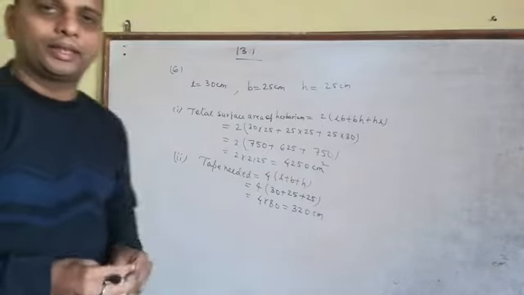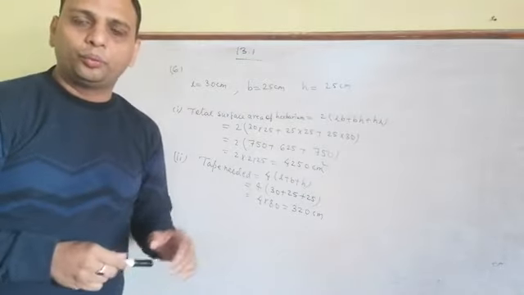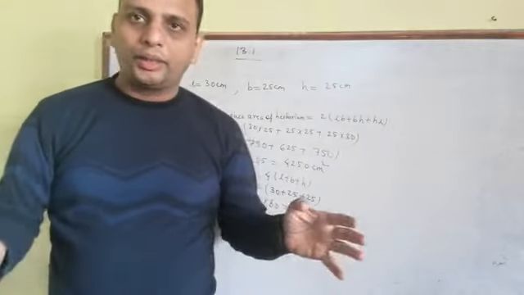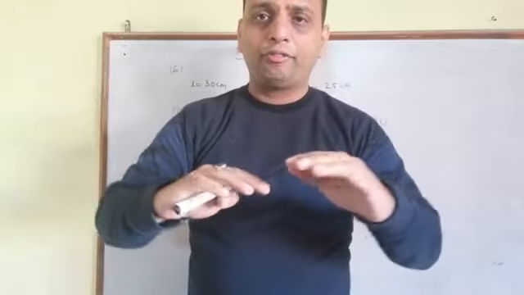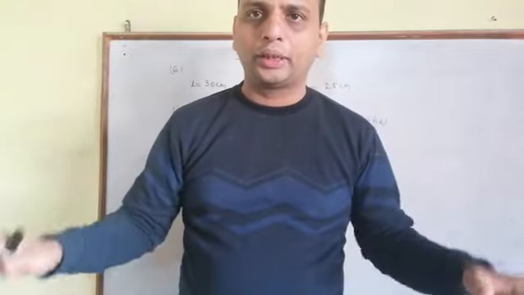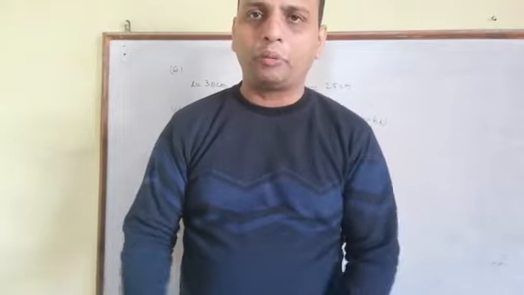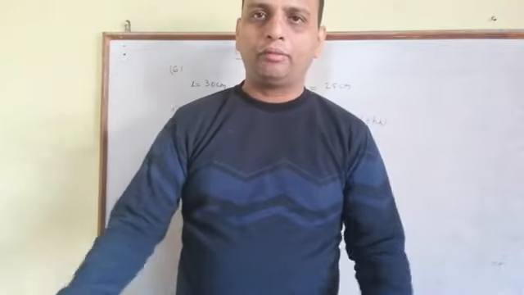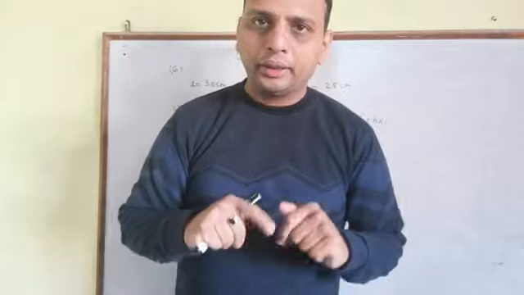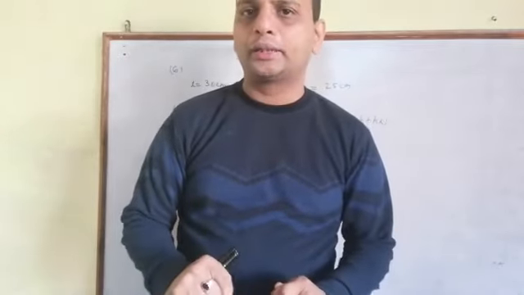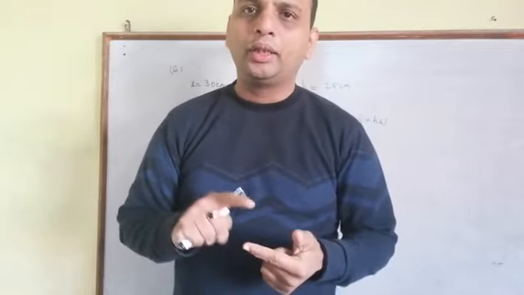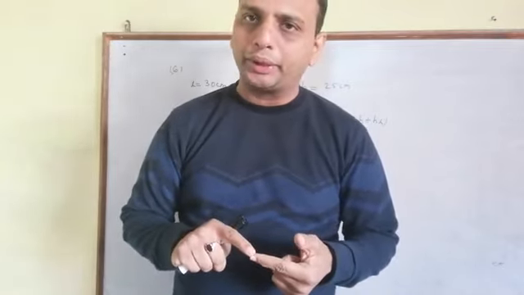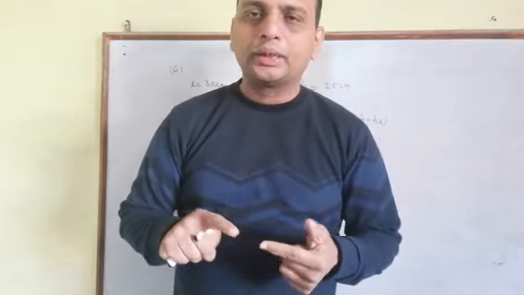Now questions number 7 and 8 are left. So I will tell you what to do in the 8th. In the 8th, there is one car and we have to put a cloth over the car. Obviously when we cover the car, the bottom part is never included because we never cover the bottom part. You can consider the car in the shape of a cuboid. So we have to find the area of the cloth required. What will be the formula? LB plus 2BH plus 2HL is the usual one, but the bottom part is not included. The formula will be LB plus 2BH plus 2HL, without the bottom.